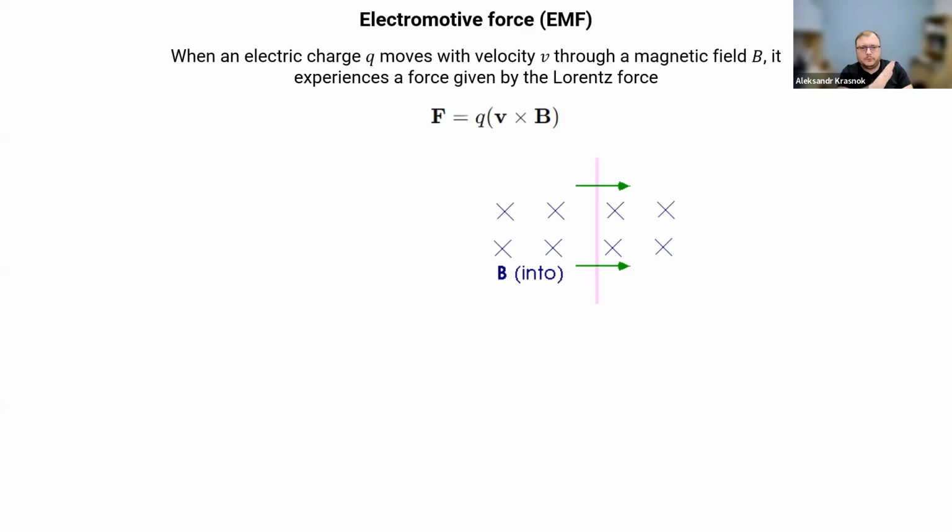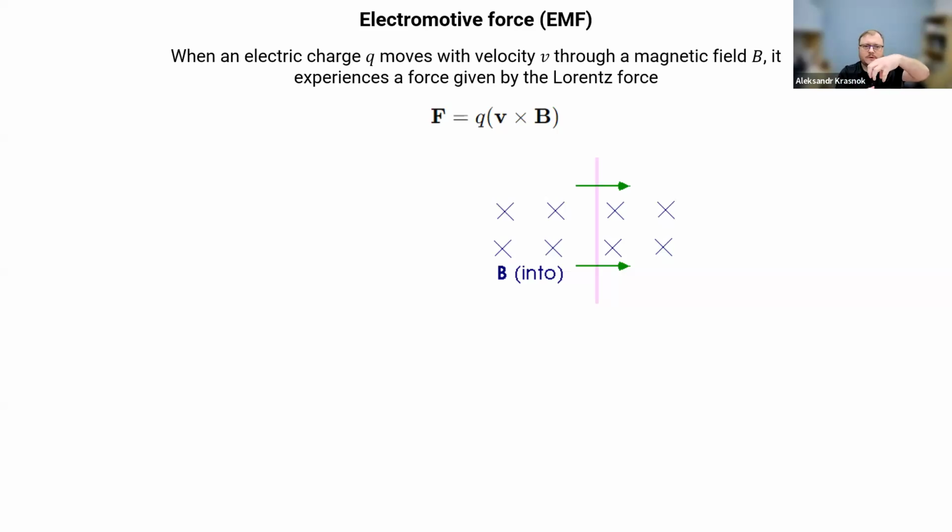So this movement creates current in space, not along the wire, but from left to right. So you see that the magnetic field points into the monitor, the current from left to right, which means that the system